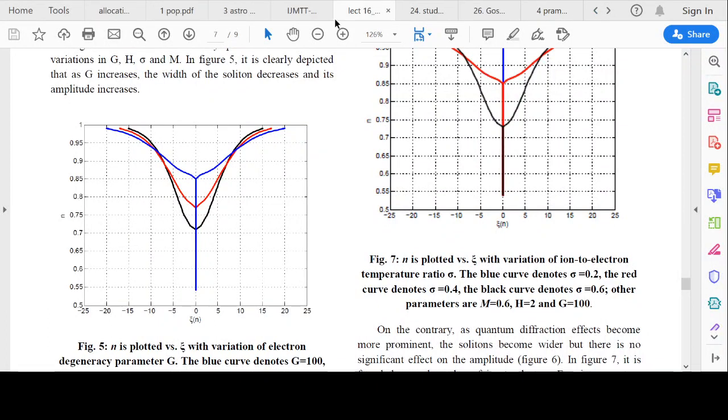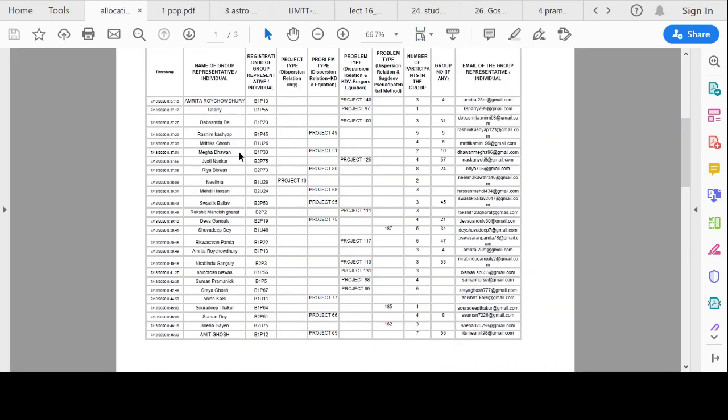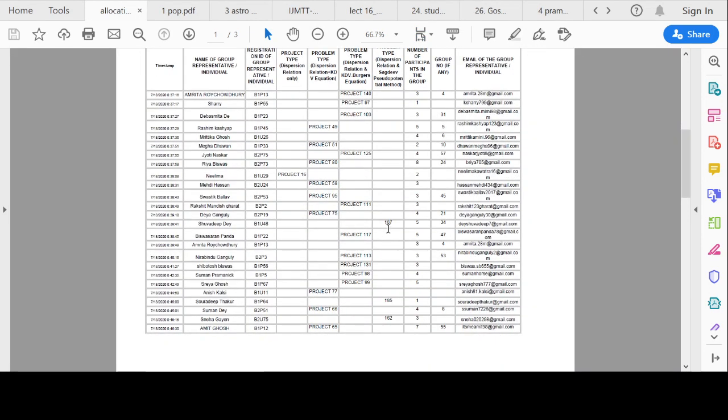it's my pleasure to check. And those who have taken Sagdiv pseudopotential, I hope you will get more interest if you study a bit more on Sagdiv pseudopotential. Now, one more thing,